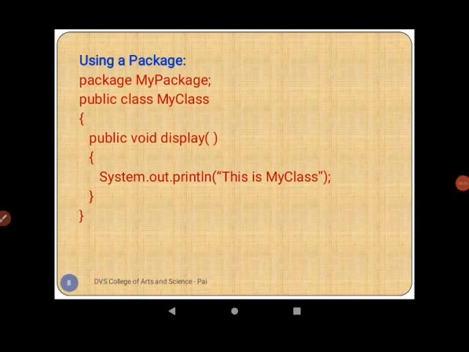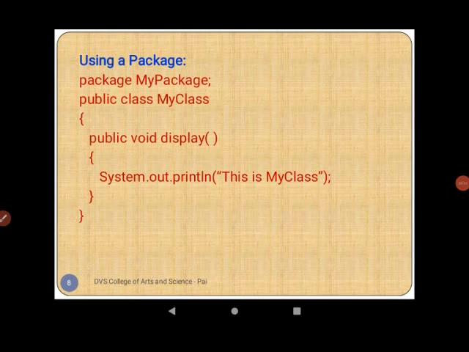Now let us see how to use a package with the help of a program. As a first step, we need to create a subdirectory within the Java bin directory. The name of the subdirectory will be mypackage since we are creating a package called mypackage.